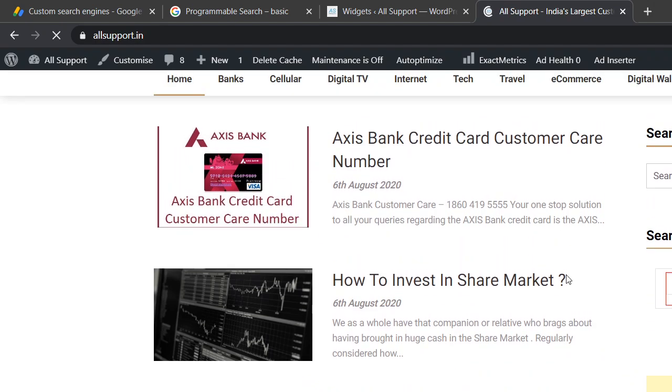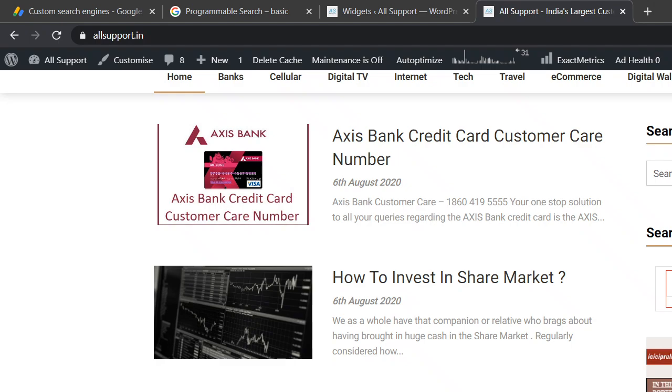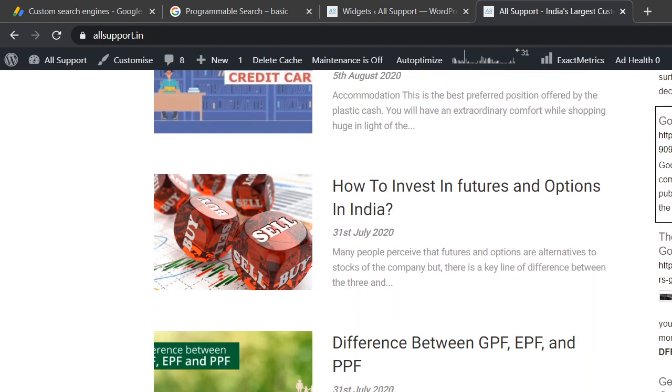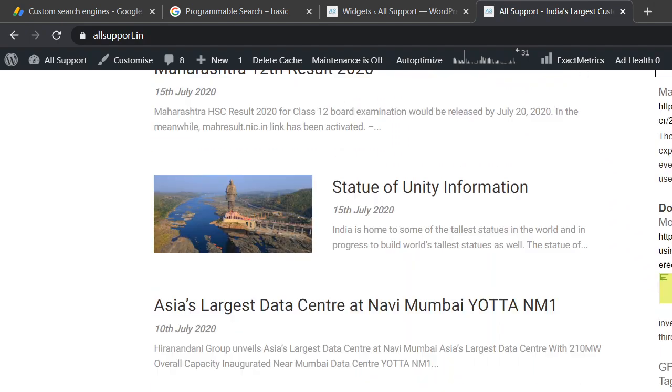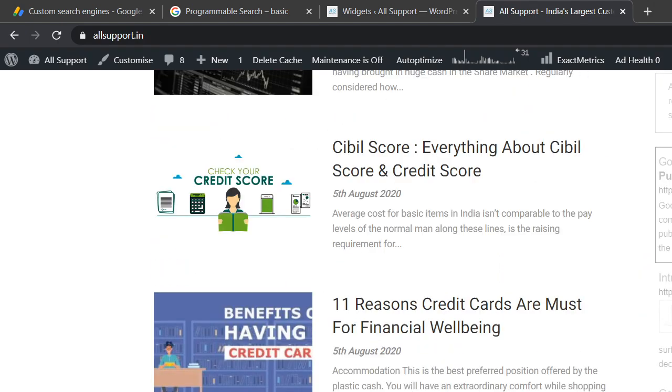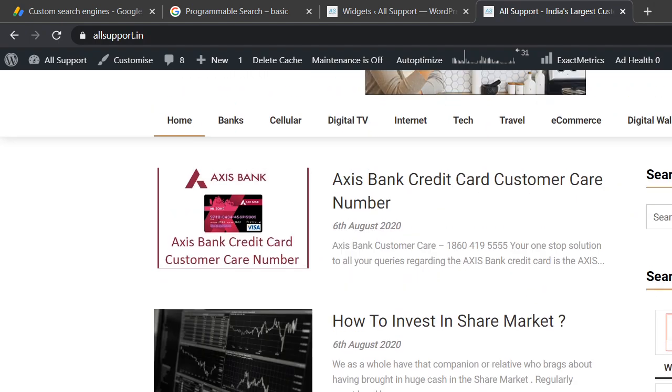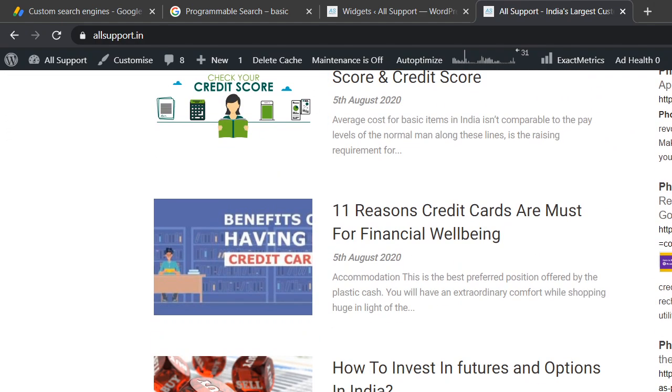Now we have added it as a compact one. Let's try to search, for example, DFP. This is a compact way of showing the result. You are getting the result from the web, and it's working fine as expected. So you can replace this result as you want. You are getting the results.